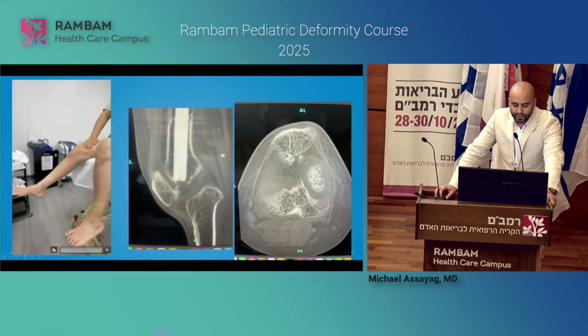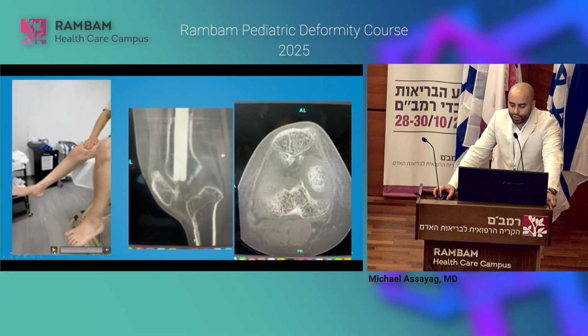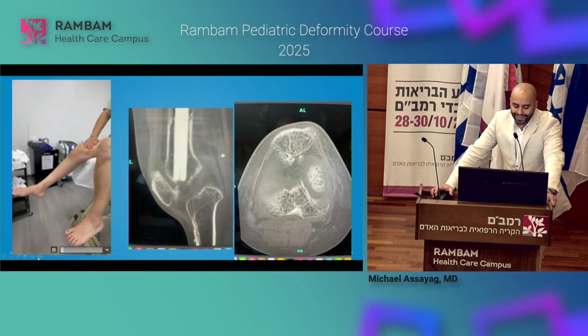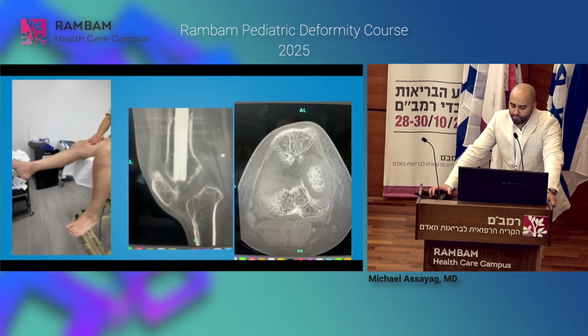This, on the other hand, was a young woman that had a retrograde lengthening done once again elsewhere. And I think she kept herself in a knee brace for about 3 weeks as she was lengthening. This is how she now presented. Presented with about 15 degrees of range of motion.